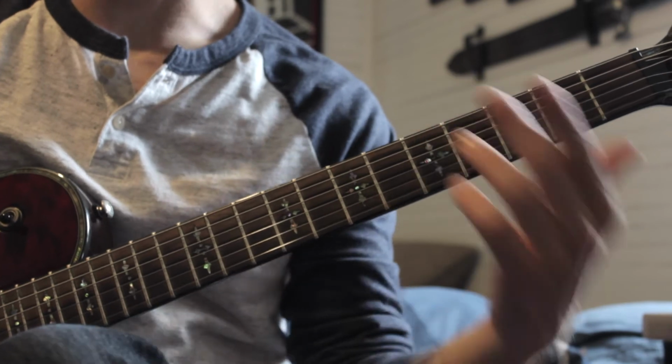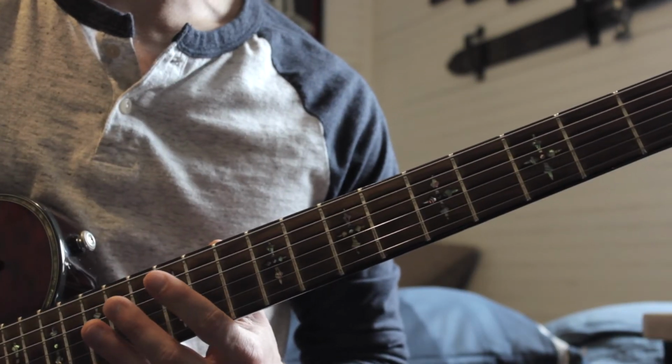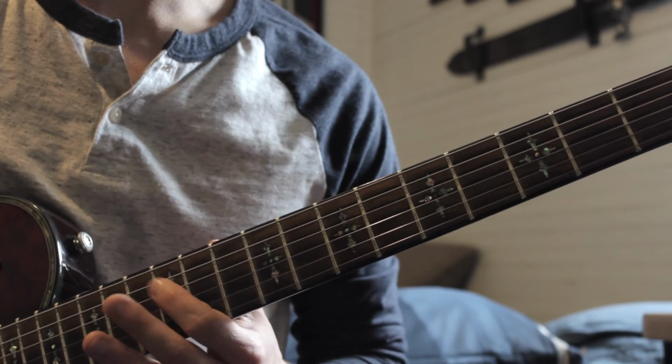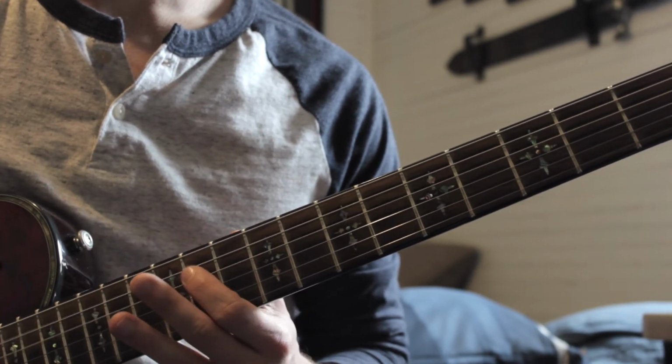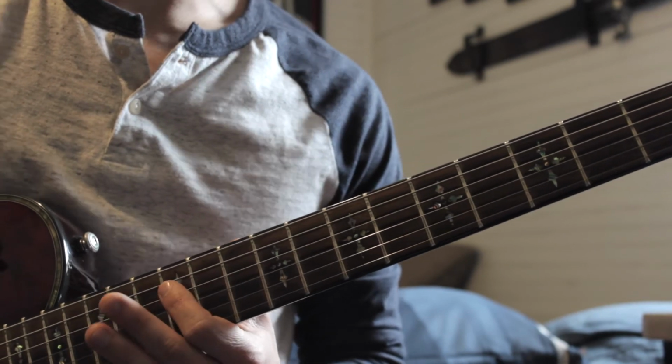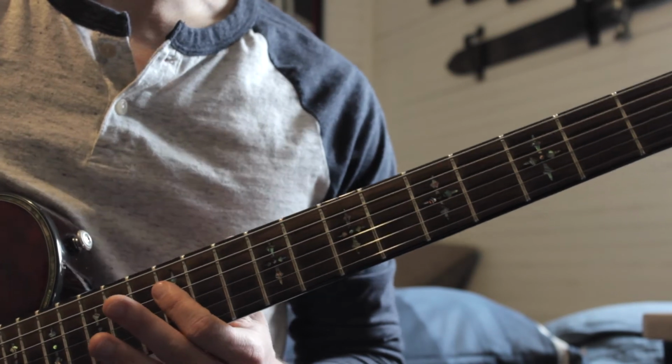Alright, so verse 2 is just like verse 1, except for the transition. It kind of does the same thing. It does 12, 14, 11. But then the next time, instead of coming up to 16 and 17, it's going to kind of linger on these notes. It's going to do 12,